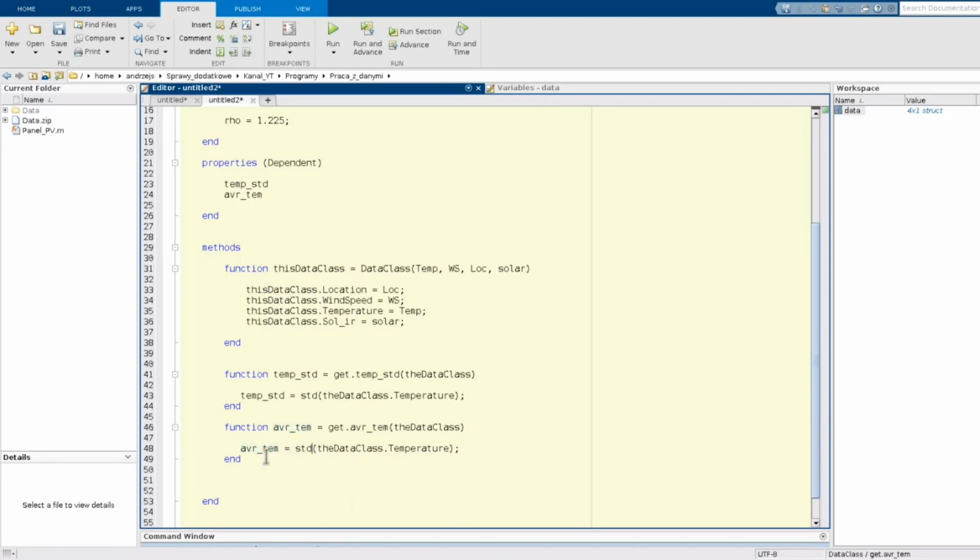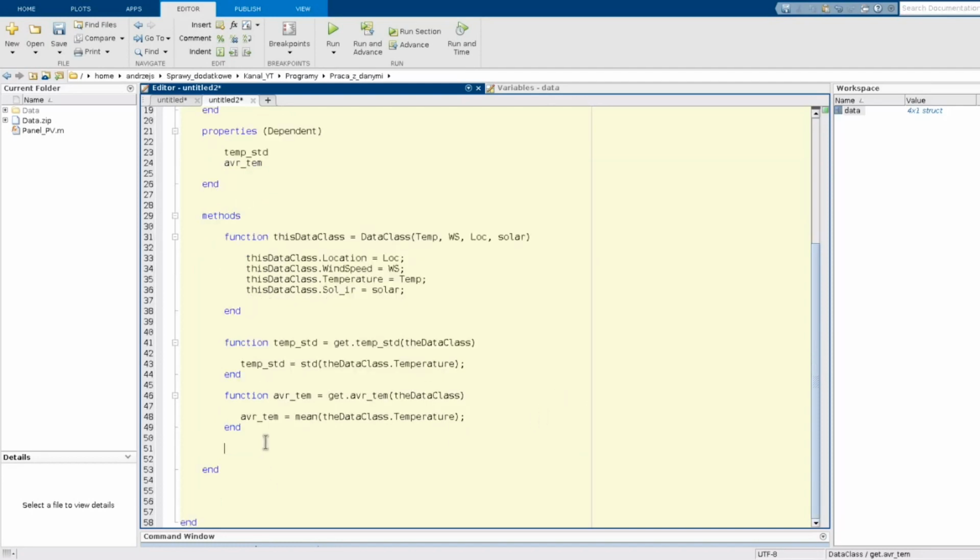Now in case of syntax everything is okay. I just need to change the function to mean to calculate the average value. That's all about the getters for now. Of course it can be much more complicated if you have more sophisticated needs. This is just for the purpose of the example.